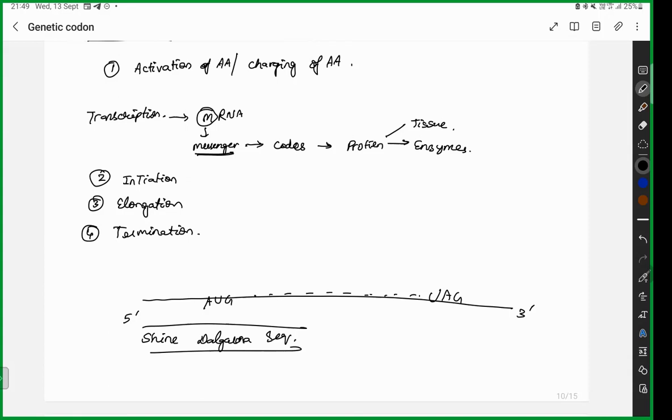There are 2 important roles in the Shine-Dalgarno sequence. Remember, guys, the first amino acid produced is always going to be methionine. So any sequence starts with AUG. Similarly, termination occurs with the nonsense codons. What are the nonsense codons? UAG, UAA, and UGA. So these 3 are the stop codons. These 2 are clear, right?